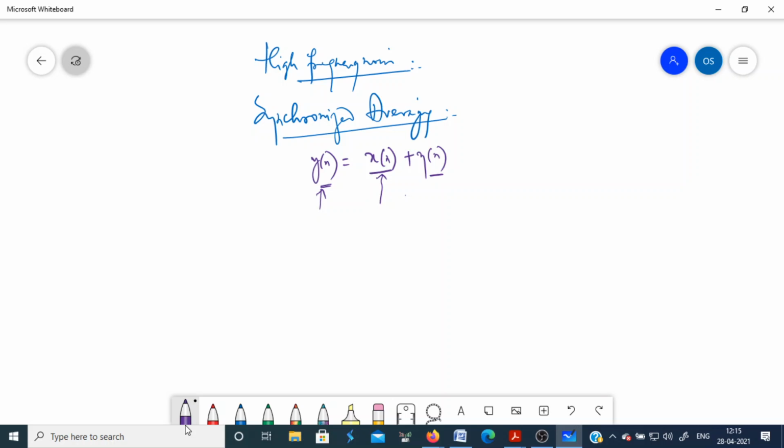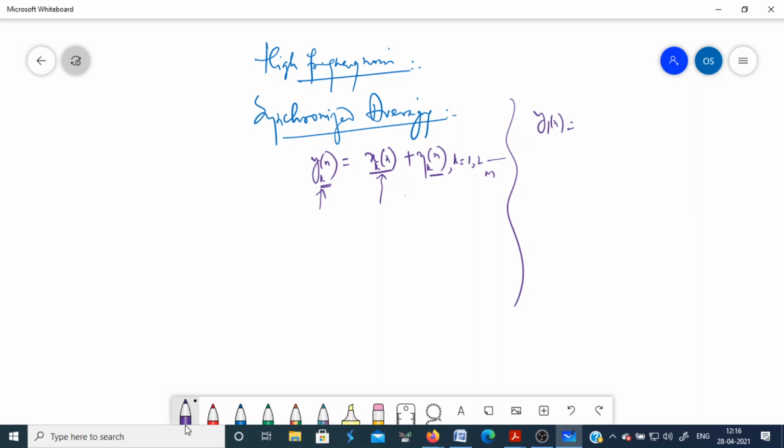Okay. And for synchronized averaging, we assume that we have multiple copies of the same process or the same realization. It means you can use the index k, where k may be from 1 to M. So you have M copies of the same measurement. Okay, you measure the signal up to some time t, and depending upon the sampling rate, suppose you have n samples. So you measure at one instant, you get a signal y1